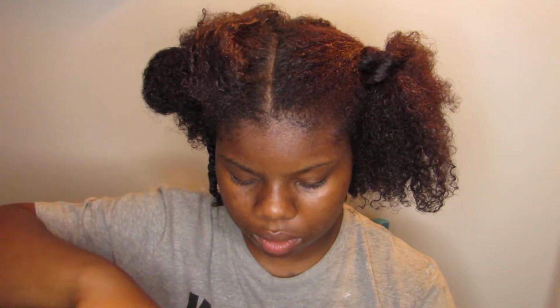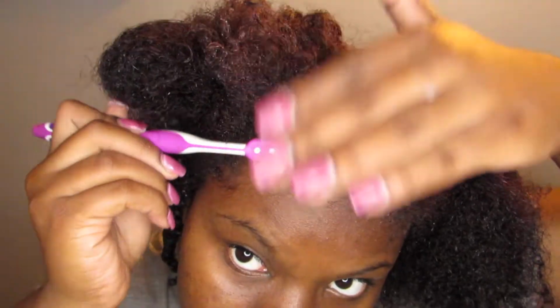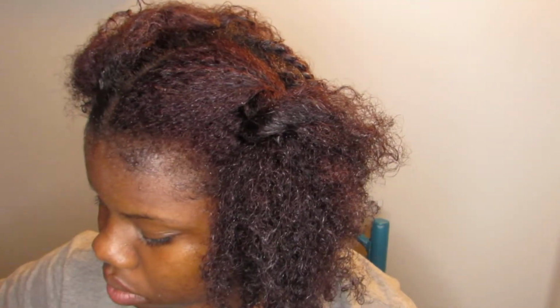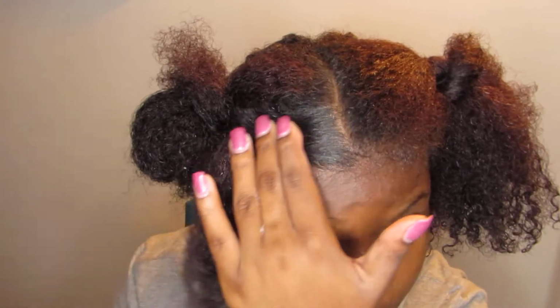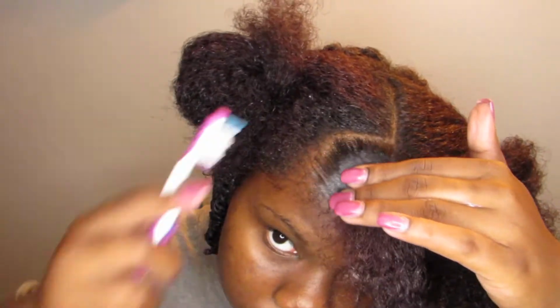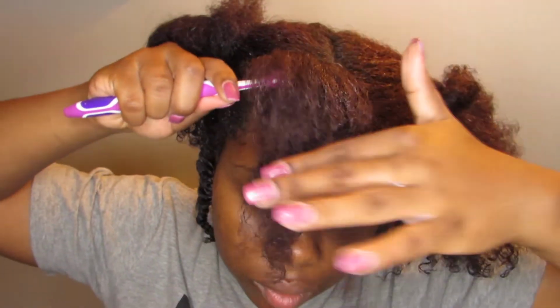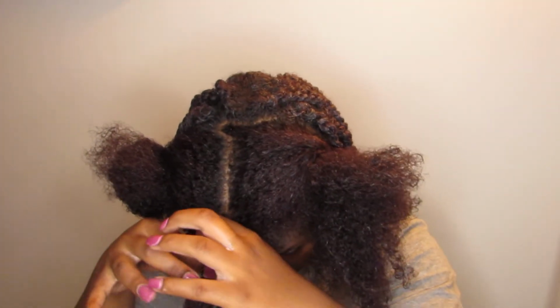Y'all, this edge control right here, super slick, honey. And y'all, what I love about this edge control is my edges stay in place. And when I say stay in place, I mean stay in place. Like, I didn't do my baby hairs or nothing right here, but I still don't have frizz to this day, and I'm on like day 3 right now. So yeah, this edge control really reminds me of Murphy's, but it's not Murphy's. It's easier to apply. Murphy's kind of clumps up a little bit, but it's still good. Don't get me wrong, I still got it. But this right here,